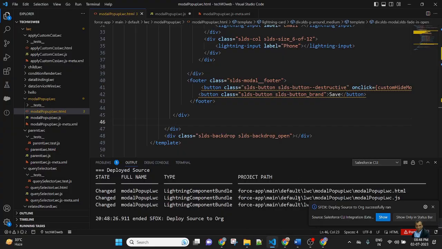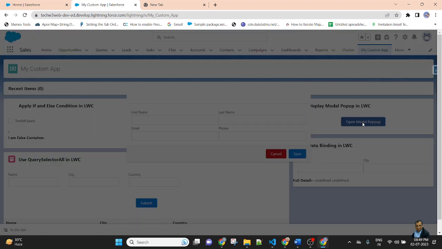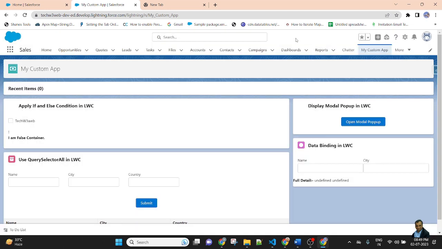Now refresh the page of Salesforce. So I placed my component here. Whenever I click on the button, the pop-up will open. So now I am clicking the button. The pop-up will open, but the fading is over the layout of my pop-up. Let me check my code. So my code is working fine. I need to remove the cache and cookie in my browser.